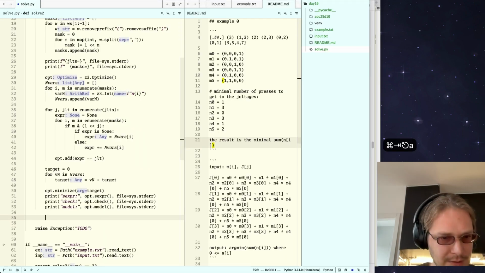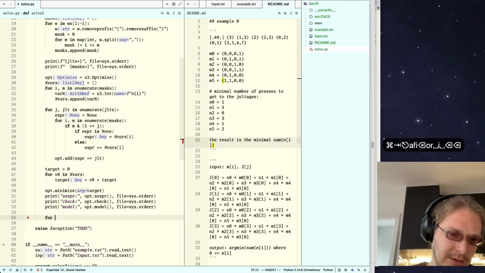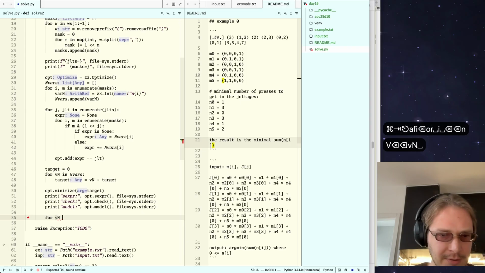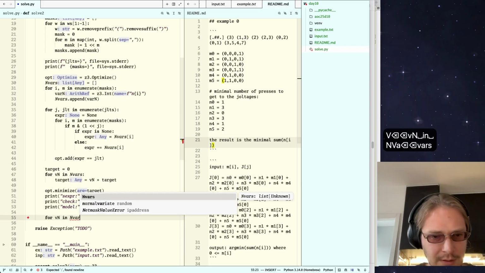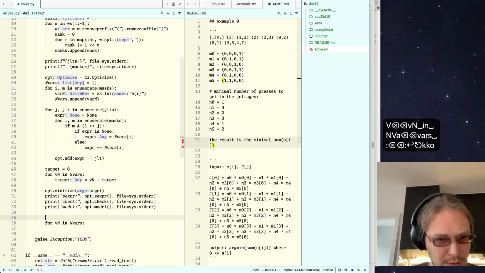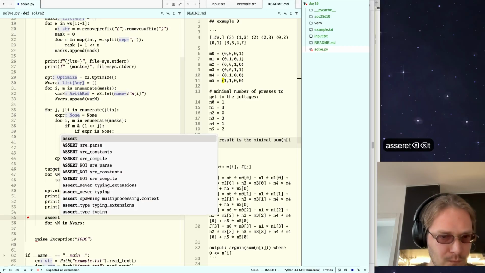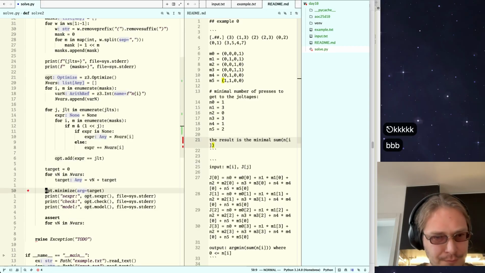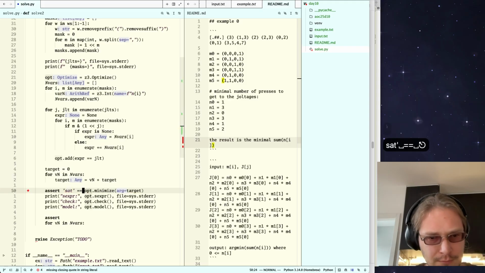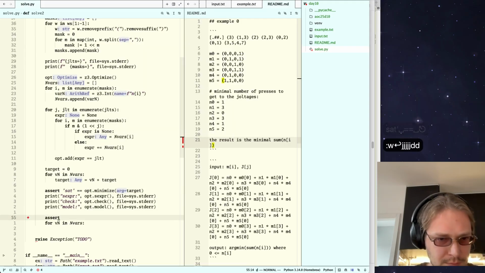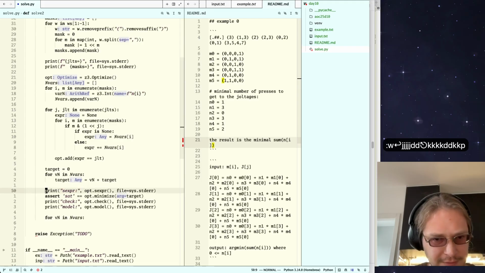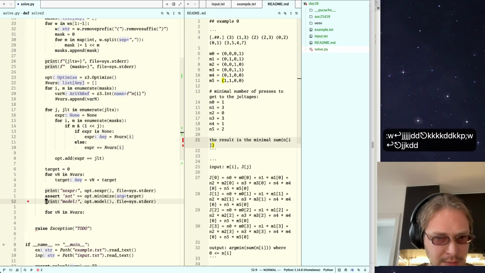Okay, yeah, I think I know how to do that. For variable n in n vars, so if it is satisfied, then